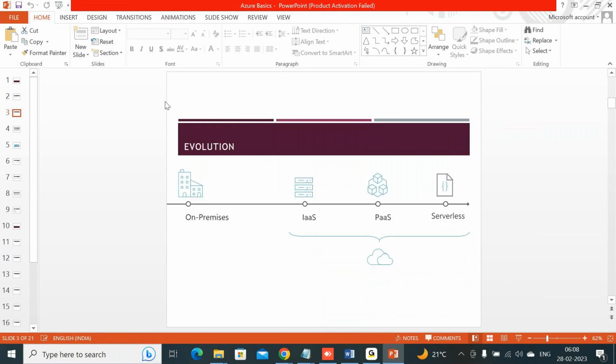Evolution of cloud: how did this cloud come into the market? Suppose a company wants to build its own infrastructure on premise for a software project: creating the servers, the virtual network, and all the necessary resources for developers and testers to work on, every kind of infrastructure.